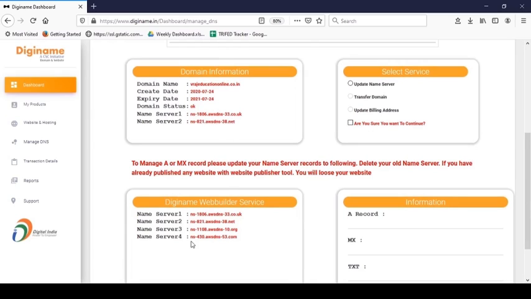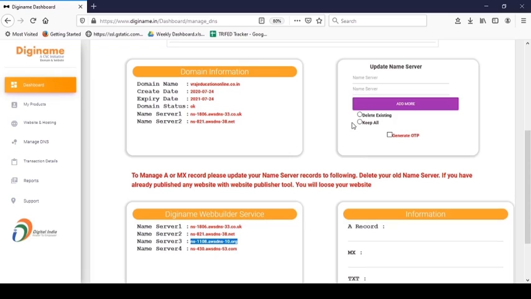Now we have to update the remaining 2 name servers. Copy the name servers. Click on update name server. Are you sure you want to continue? Paste the name servers one by one. Now we will select keep all as we want to keep our previously updated name servers.